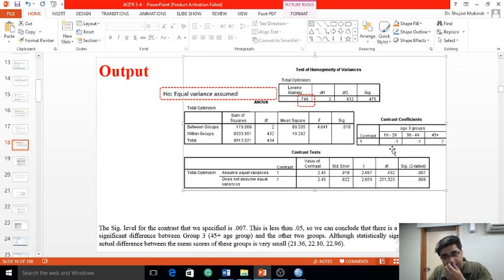It's showing that group number 1 and group number 2 are different from group number 3. If, for example, we had some more comparisons, say 7 or 8 groups, and we wanted to compare group number 1 and 3 and group number 4 and 5, then it would have appeared here as contrast 2 or contrast 3. Then we could have seen the contrast 2 value to see whether the second pair of groups is different or not. So from this particular test, we can see that group number 1 and 2 are different from group number 3. For the detail, we can go to the means